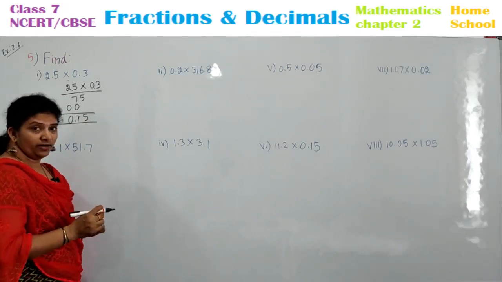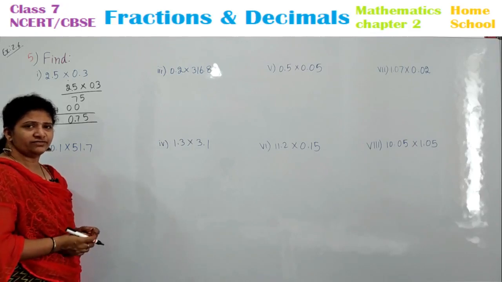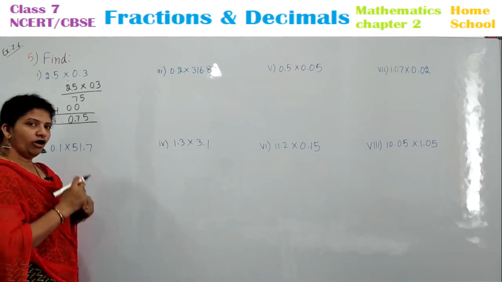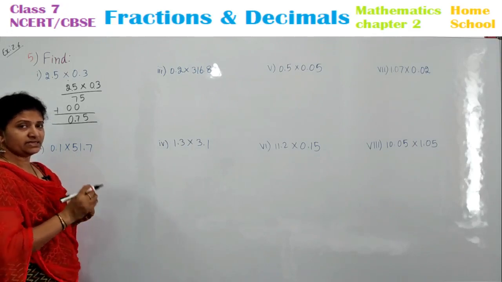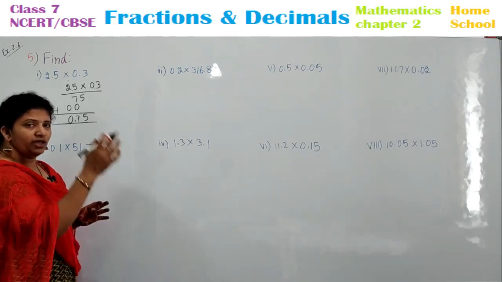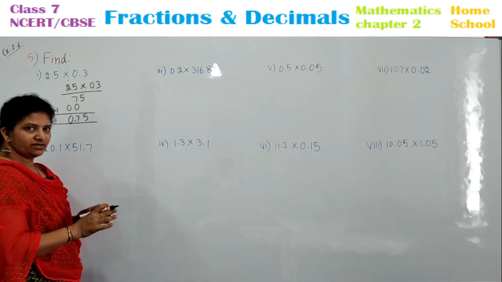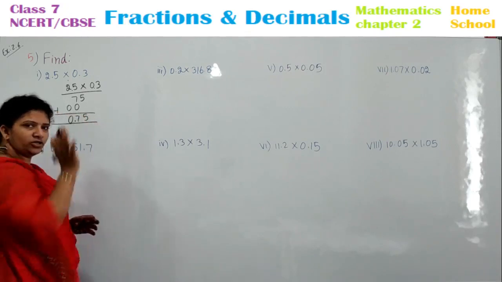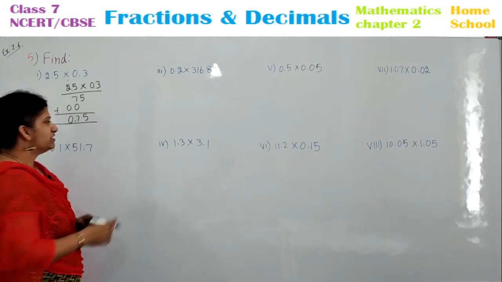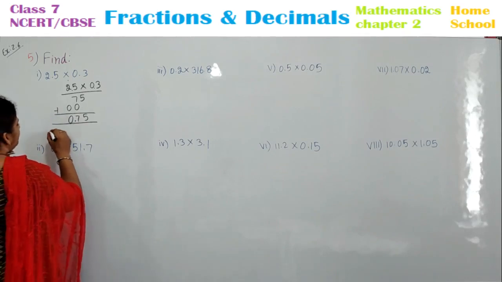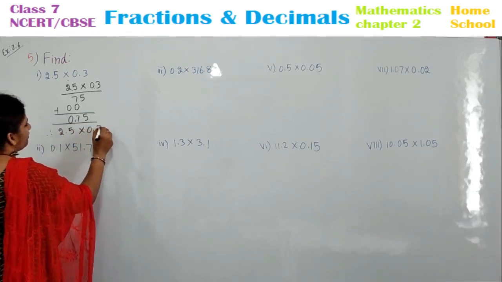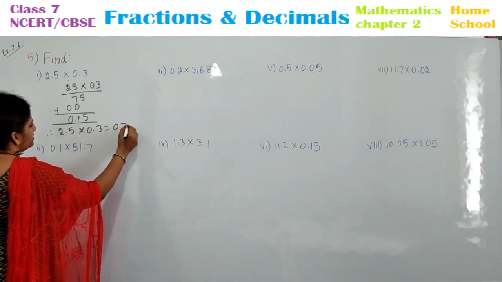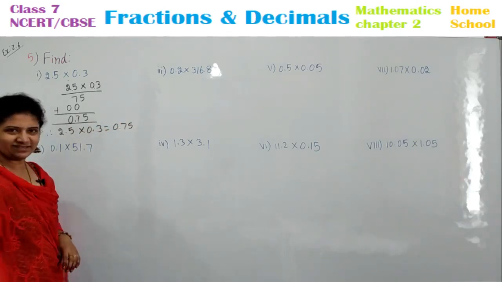You may feel that a decimal point makes multiplication difficult. Don't feel like that. Normally you do the multiplication and just check how many decimals are there after the decimal point. Count them in your answer. After that many digits you put the point. So finally what can you say? Therefore, 2.5 into 0.3 is equal to 0.75, that is your answer.